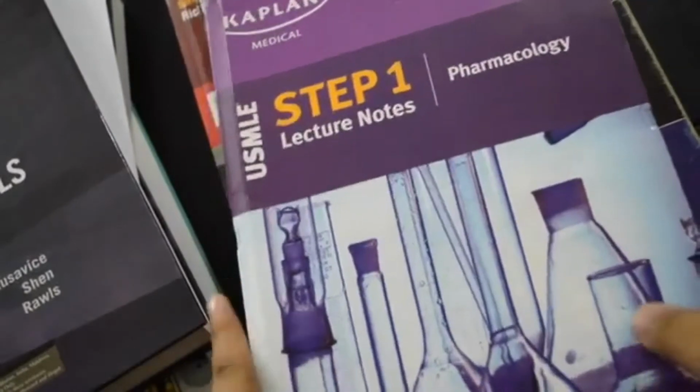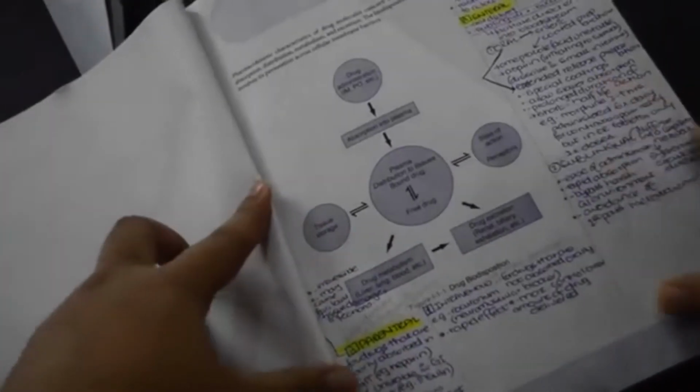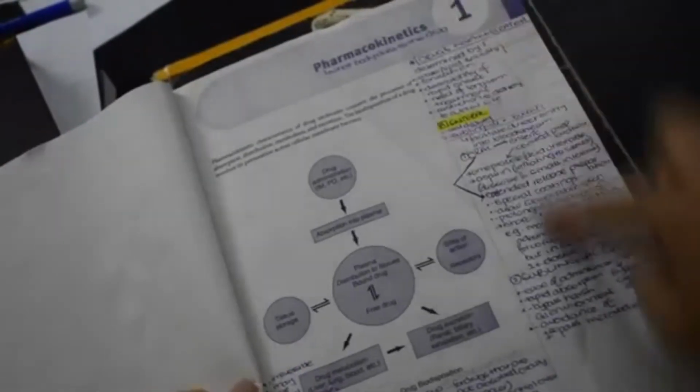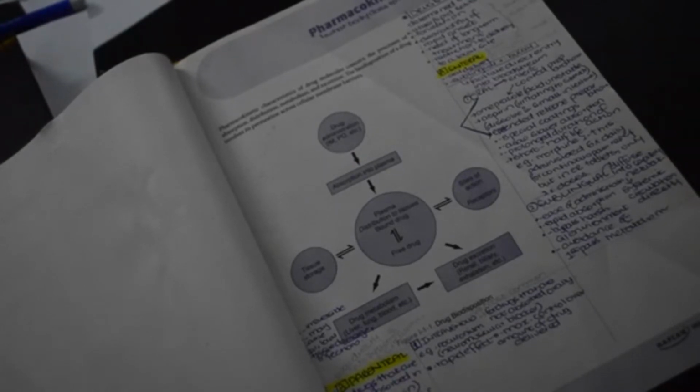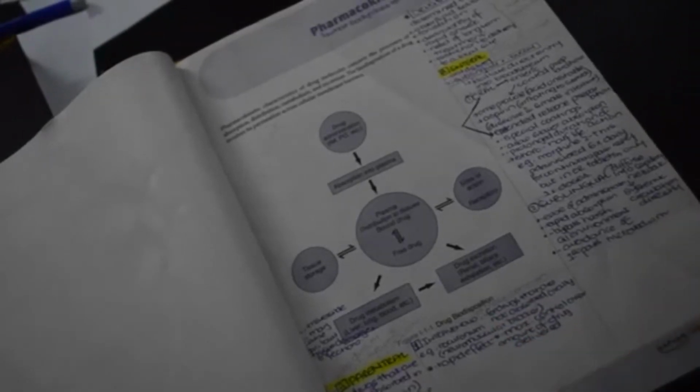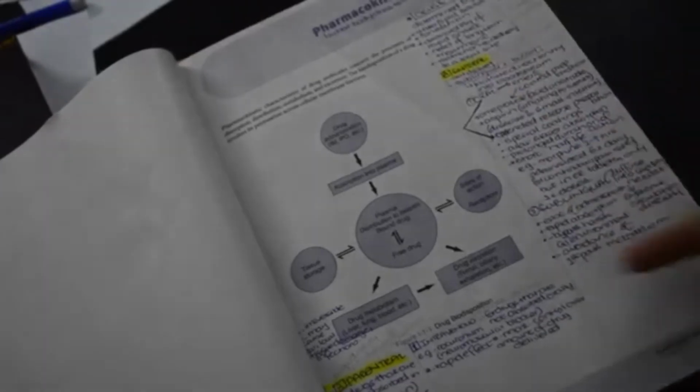So yeah, this book is actually really good. You see how I made these notes over here and here. This book has very little information, only the information that you need to revise everything. The lecture notes here are something that you need to revise. So what I do is I open my Lippincott, I open my Katzung, and when I'm done with Lippincott and Katzung, I come to this book and then I make these notes like this. So this is actually pretty easy. I haven't made a lot of notes over here, but I've actually just started studying properly.